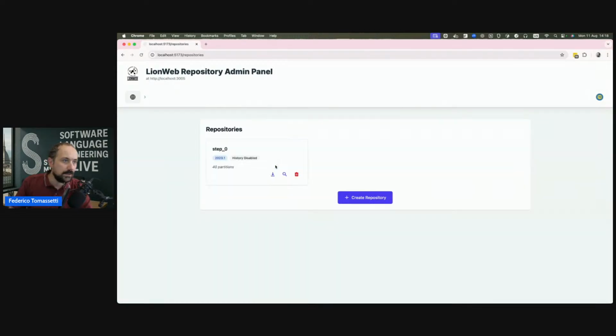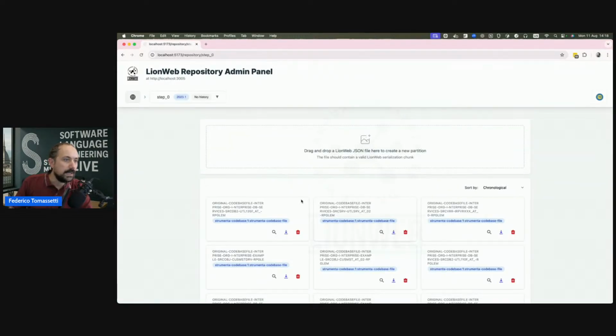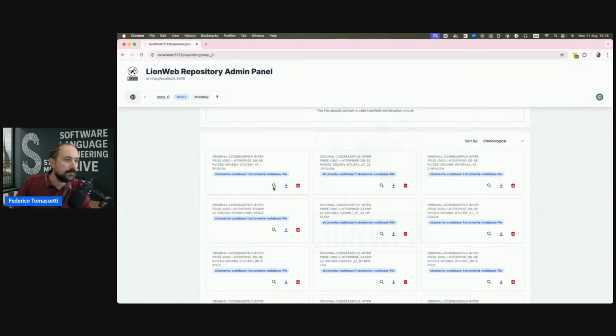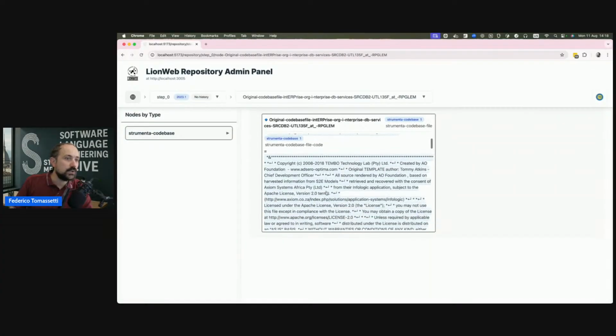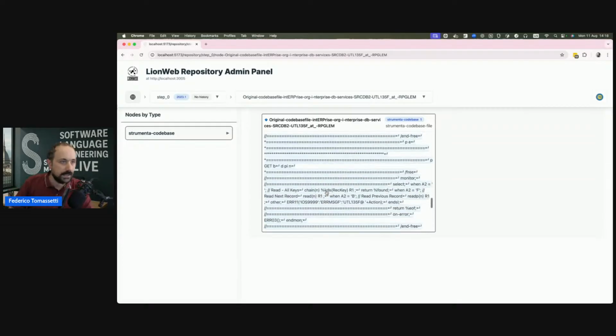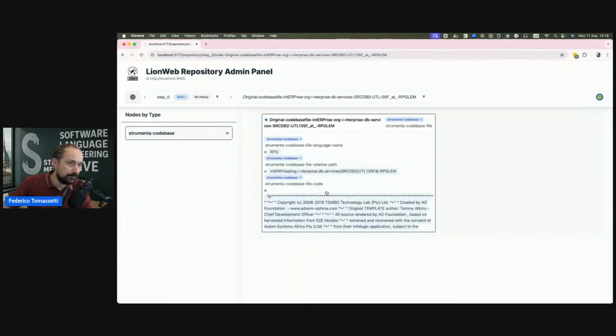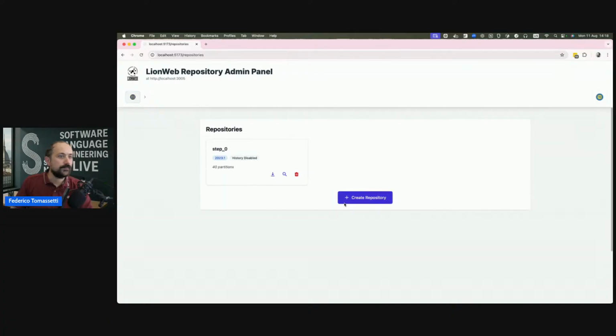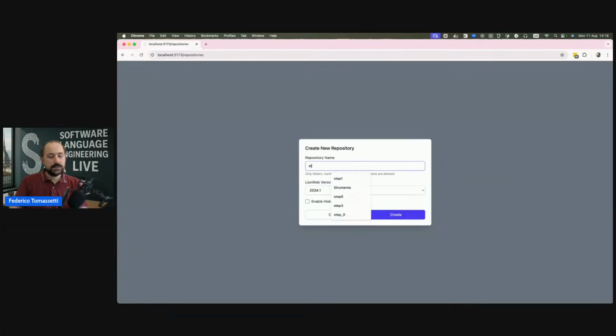So I can load them. And here I can see that I have one node which contains some code, the code of the files that I took a look at, that I parsed, and its name. So from this open source project, I tested this name. Not too exciting. Now, if I look at step 1 instead,